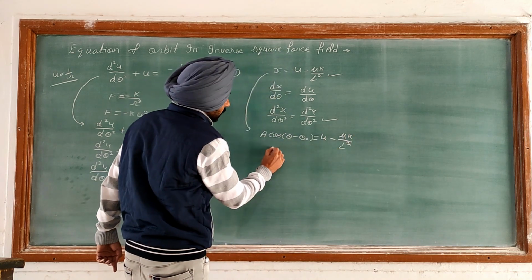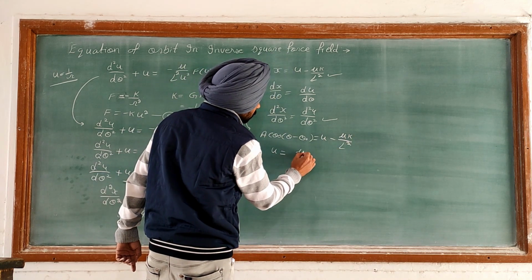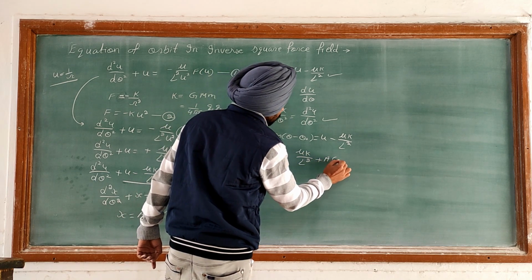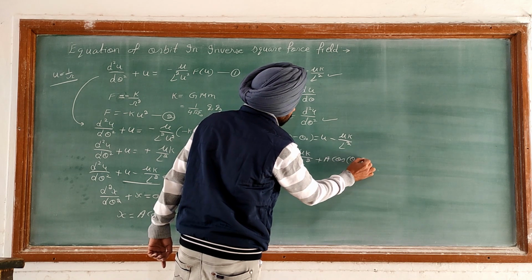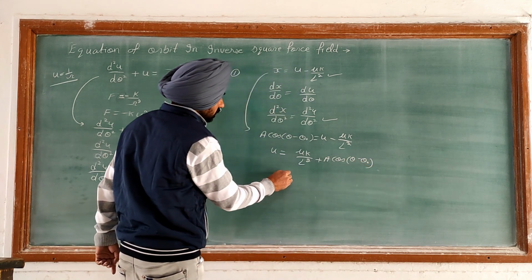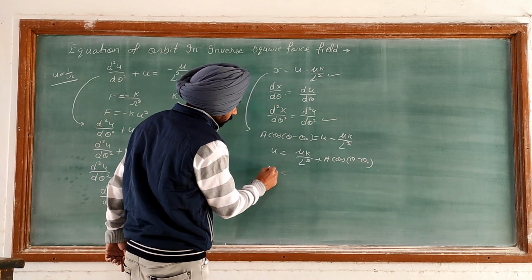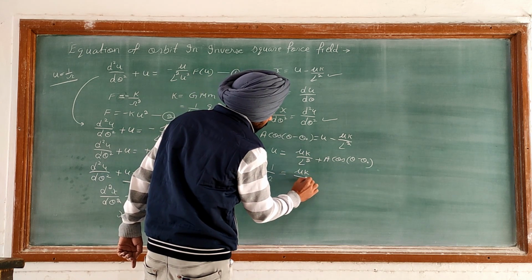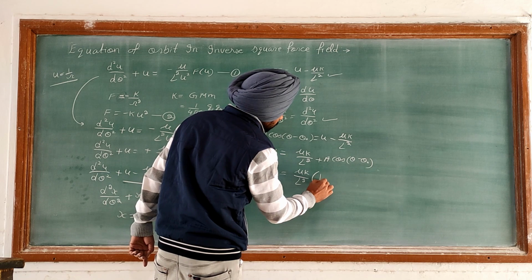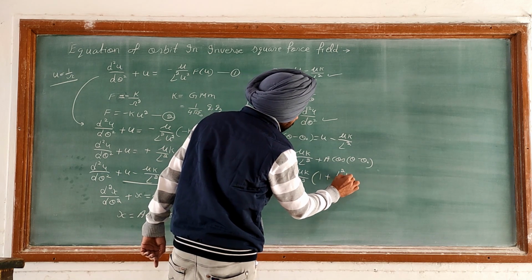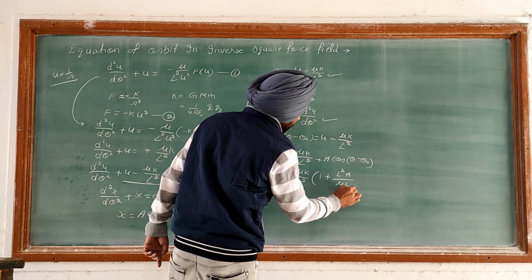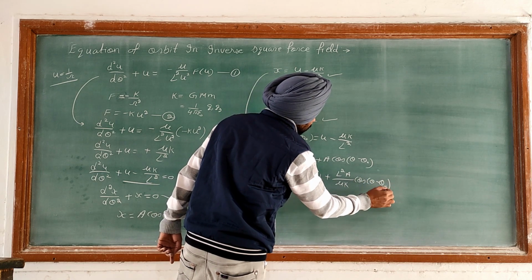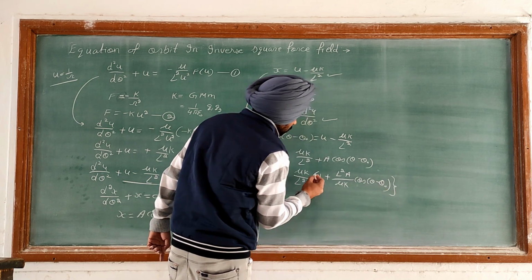From here we can write u equal to mu k upon L square plus A cos(theta minus theta naught). So we can further rearrange it, as we know u equal to 1 upon r. Mu k upon L square is common on the right hand side: 1 plus L square A upon mu k cos(theta minus theta naught). So this is